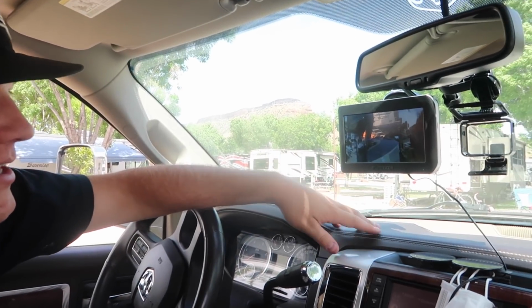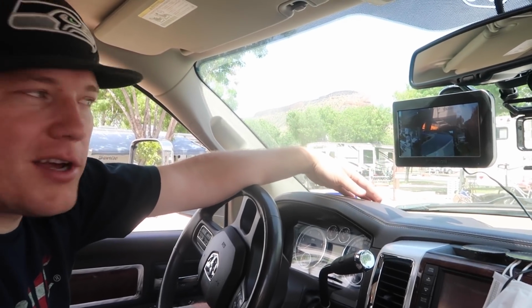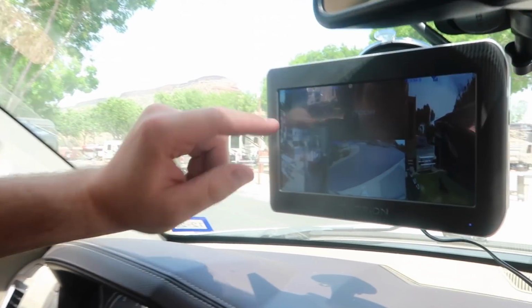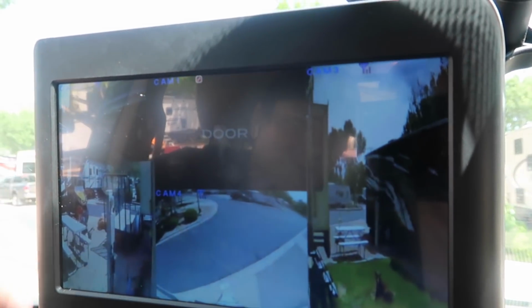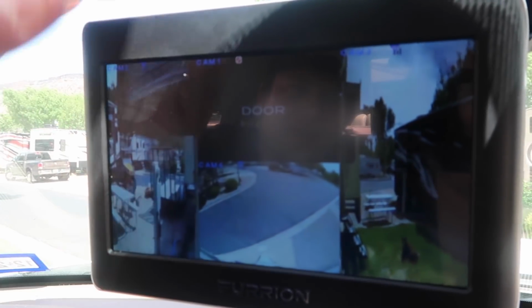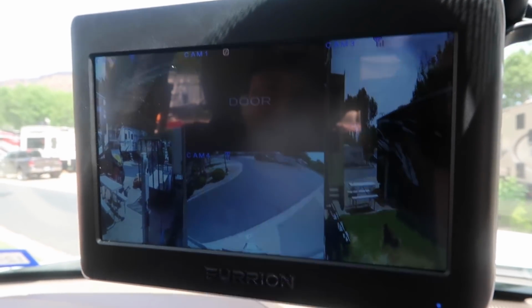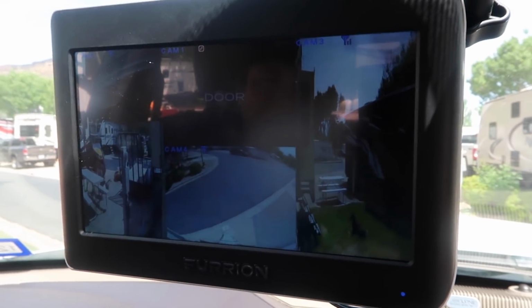So we are done, it's mounted. We just came back to the truck to make sure that it was tilted correctly, and it looks like what it was set to will work for us. It has these little reception bars, and it keeps going between 1 and 2 bars of reception, so we'll have to see. Maybe we'll figure out how to get this antenna up higher or something. But for now,